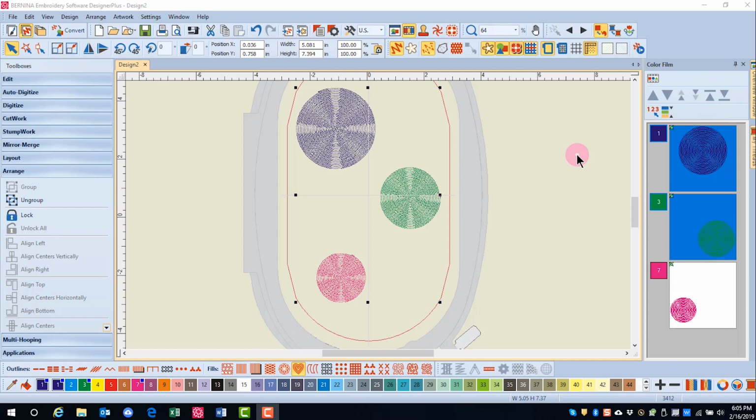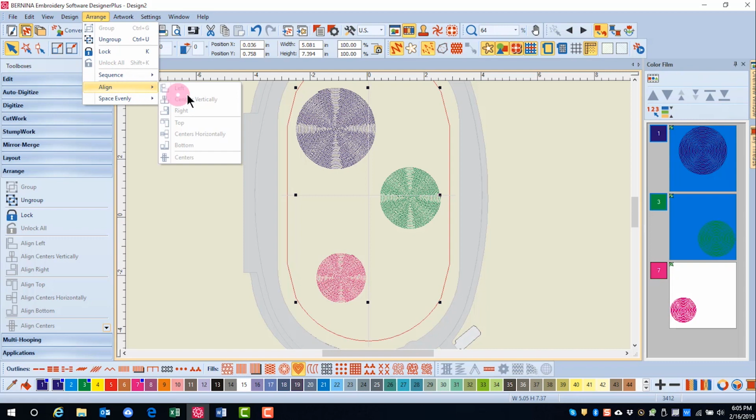You can precisely align objects in the software. There are 7 different tools that you can use for this. Alignment may be accomplished through the Arrange toolbox, through the Arrange menu, and here you see the 7 different ways